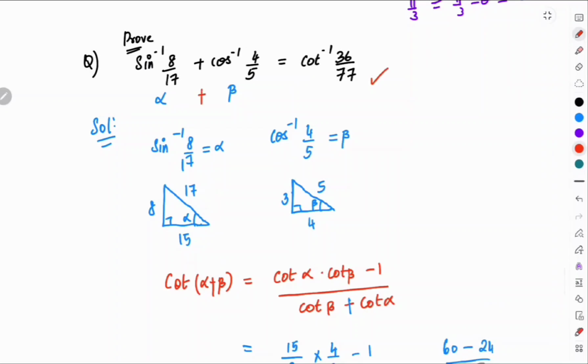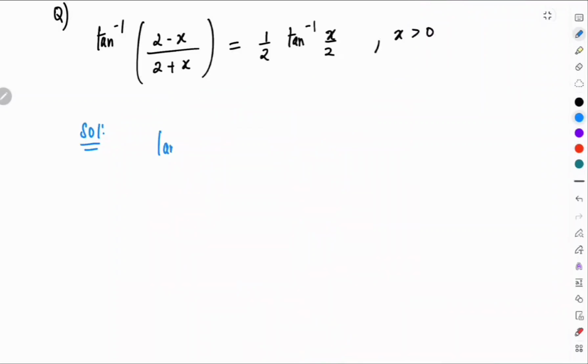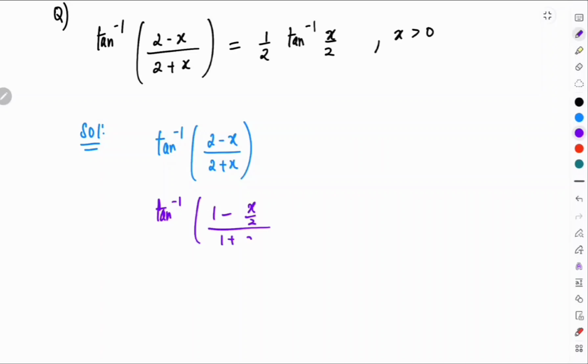So alpha plus beta is equal... we have tan inverse of 2 minus x divided by 2 plus x. We will take 2 common here. So tan inverse of 1 minus x by 2 divided by 1 plus x by 2, and we can replace this one as tan inverse of tan pi by 4. So tan pi by 4 is 1 minus